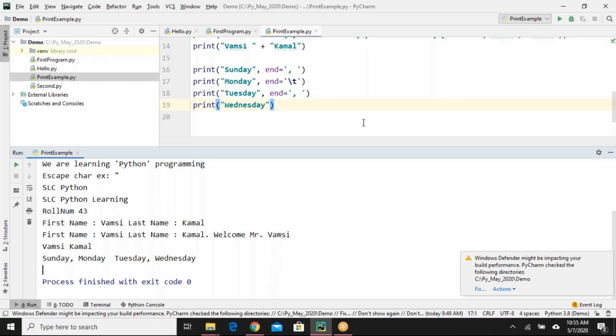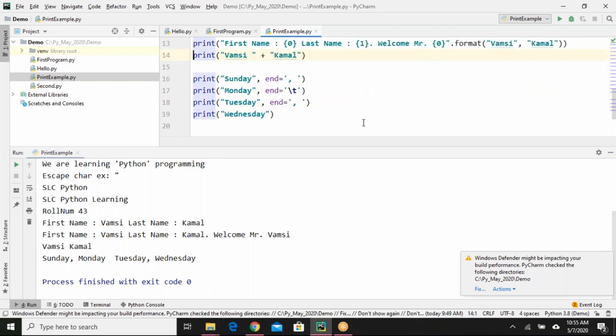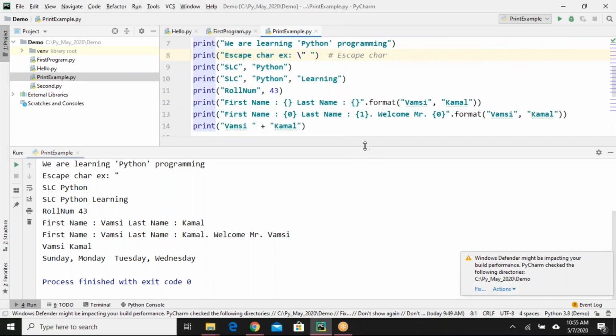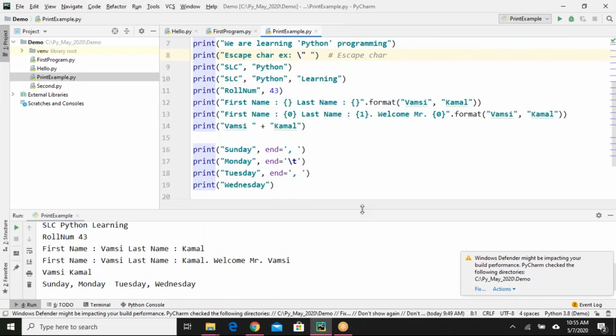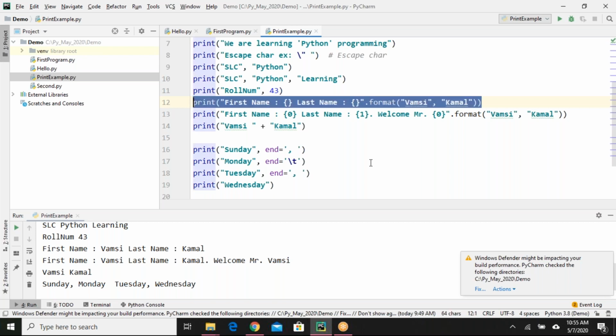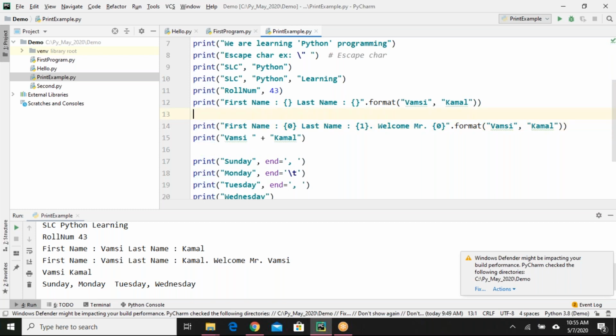Okay, just one more question. You have used curly braces in the print statement. So you used first name curly braces, last name curly braces with the format method. If I am not providing the value, for example, I have used 3 curly braces but I am passing only 2 values in the format method, would it work, or is there any error? Very good question. If you provide more curly braces but fewer values,